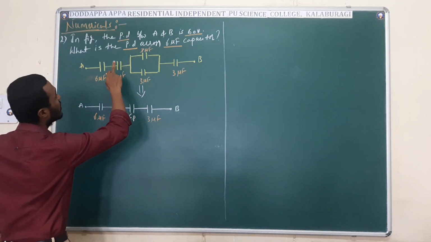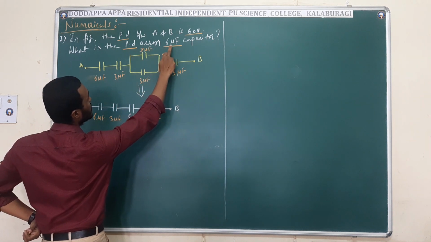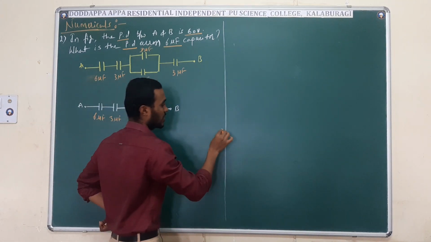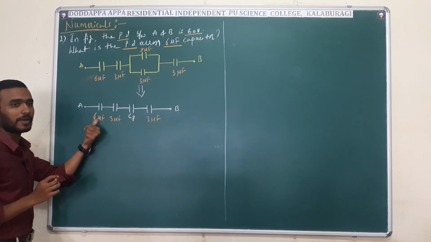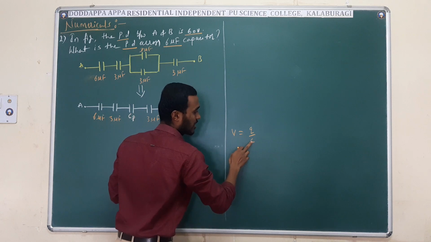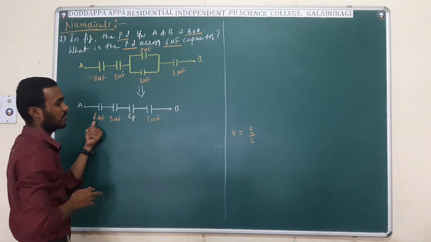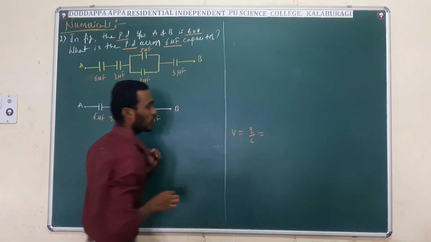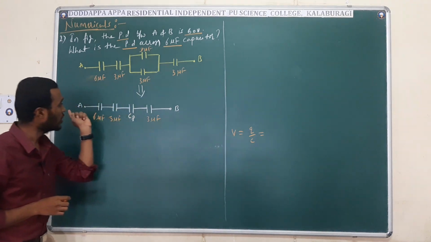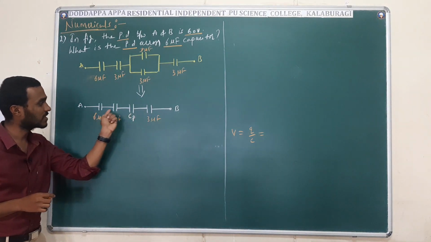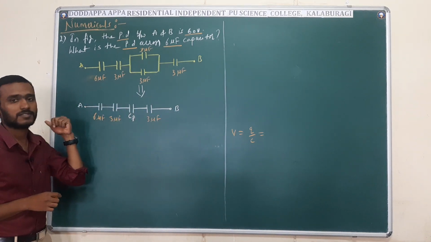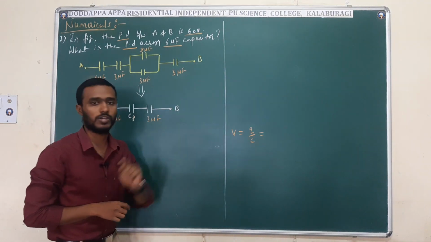Okay, what is our aim here? The potential difference across the 6 microfarad capacitor. Potential difference across the 6 microfarad means we take the 6 microfarad capacitor. So potential V is equal to Q divided by C. Which capacitor do we need to take here? This one, right? Q is the charge on the capacitors. This is a series connection, so the charge on series capacitors is the same. So first I will find the value of Q here, right?